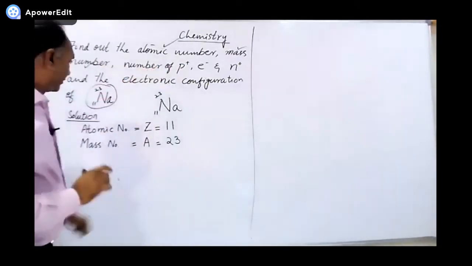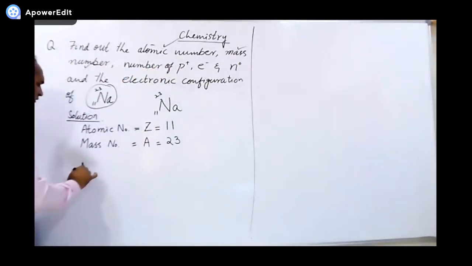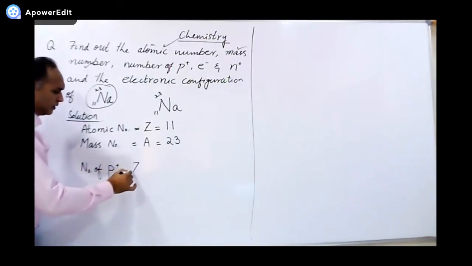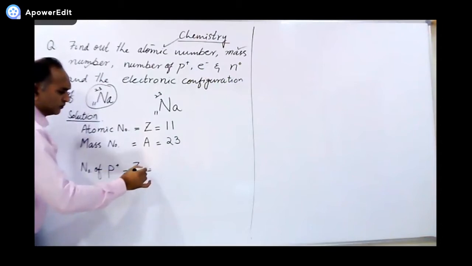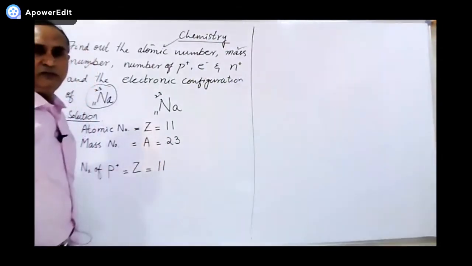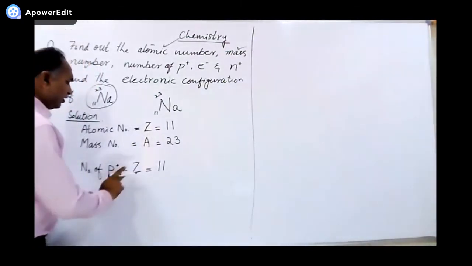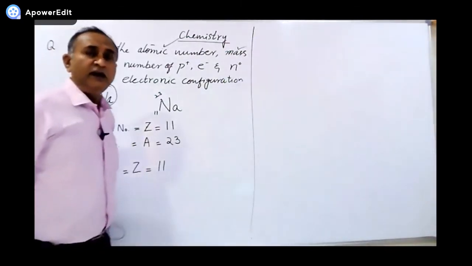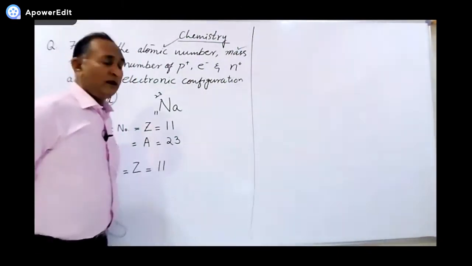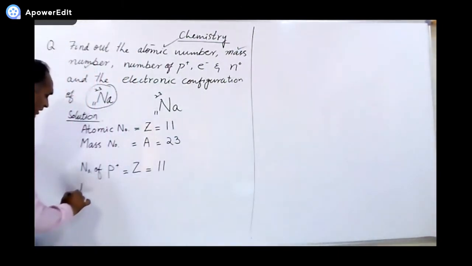Next, number of protons. All of us know that number of protons is always equal to the Z value. What is the Z value over here? 11. It means protons are 11. It means how many protons are here? 11. And we also know